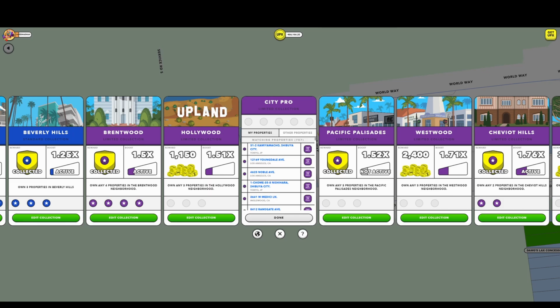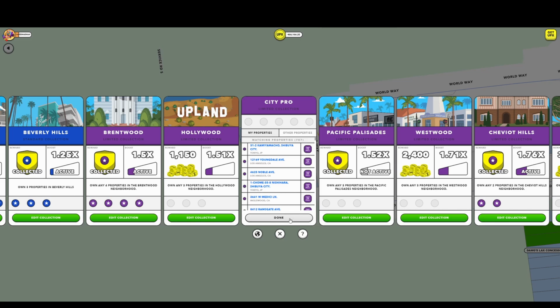It's more or less just a proof of concept to just show that it can be done. This isn't like the final thing or anything. It's just showing that it can be done and how I did it. Obviously, if you have like 5,000 properties, you'd probably be interested in finding out how to speed up the process, because at the moment Upland doesn't have a search box in the